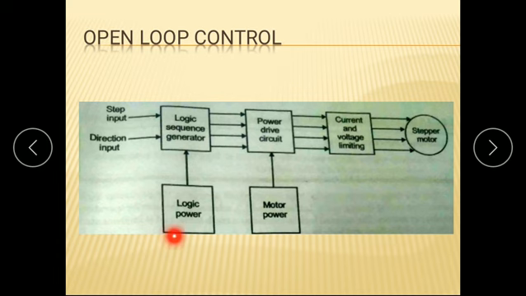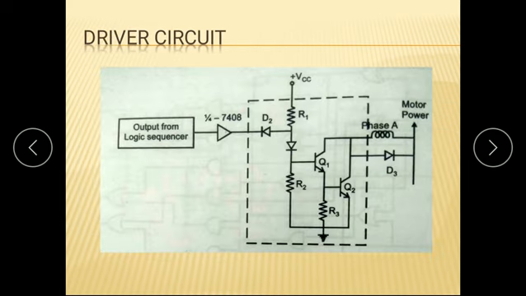So these are the power supplying units for logic sequencer and our power driver circuits. Then this is a driver circuit. There are numerous driver circuits available in your book, so I have described only one type here. This is the first type, that is basic unipolar drive circuit. It is a Darlington pair circuit. What is the objective of this driver circuit? It has to upgrade the low level signal to high level signal, that is, it has to amplify the signal. So this amplification is done by using Darlington pair.